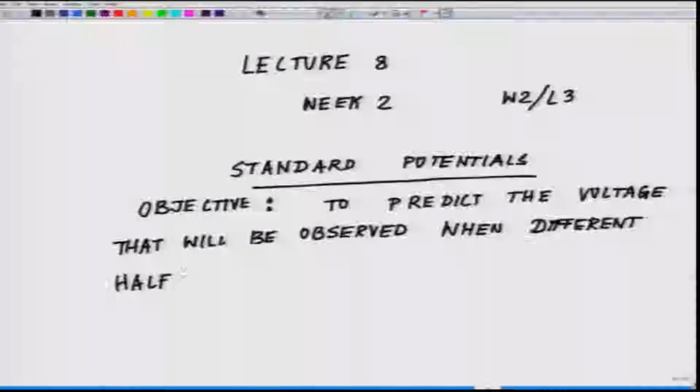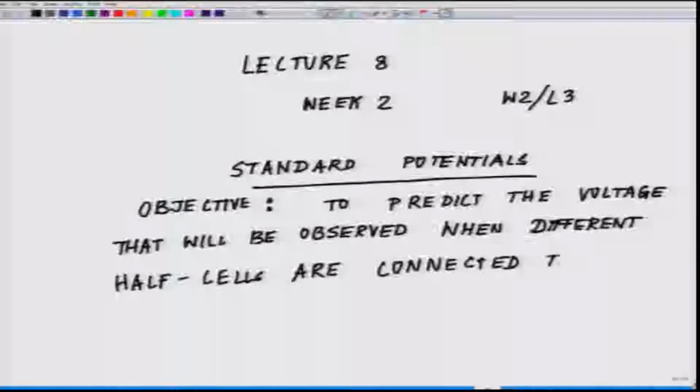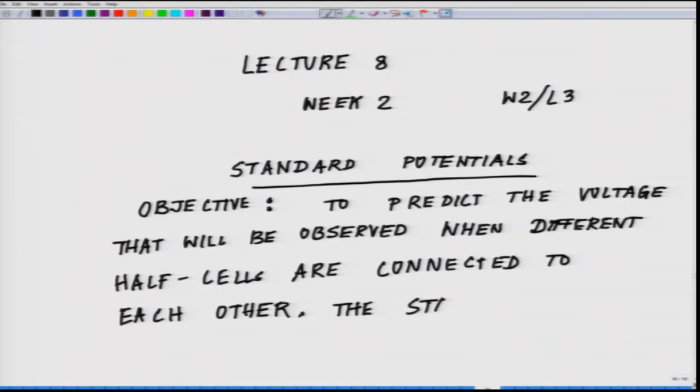I have already introduced the concept of half cells. The standard reduction potential, now I will come to this concept,